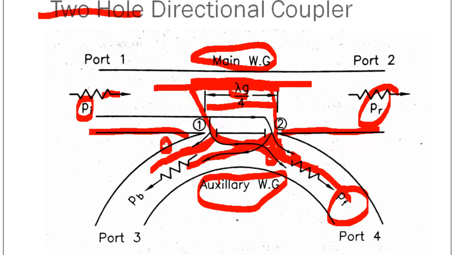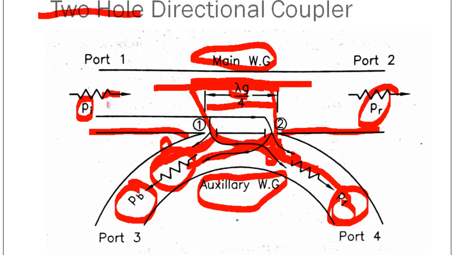This one is 0 degree and this one is lambda g by 2, which means 180 degree phase shifted, right? It is 0 degree and it is 180 degree. We can say it is a plus, it is a minus. So there is a subtraction of power when both the signals coupled from hole 1 and hole 2 meet at hole number 1, and both powers are subtracted. The reason being, both the signals are out of phase. That's why we can say the back power has a very small value compared to the forwarded power, right?